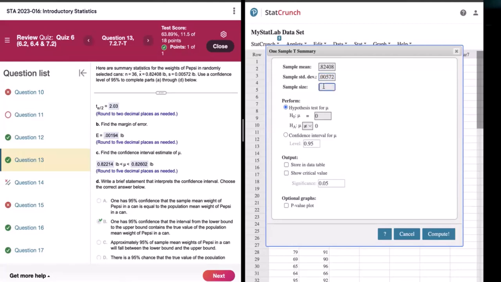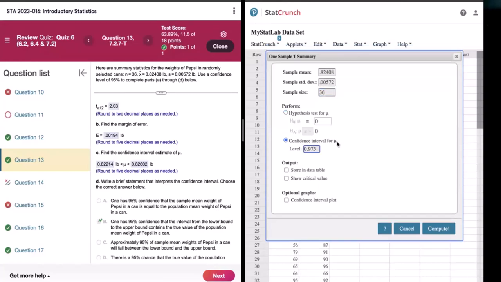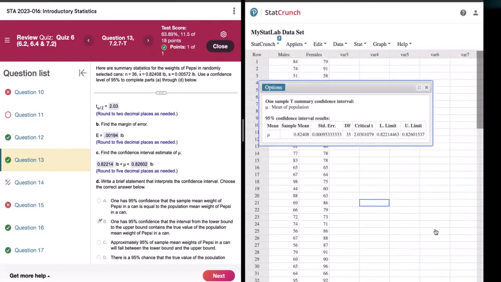Sample size 36. Okay, and we want to use a confidence level of 95%. This is not going to give me my T value though. Oh, here. You didn't have to, it's right there. So there's the critical T. You can use the same calculator. There's the critical T. The margin of error,